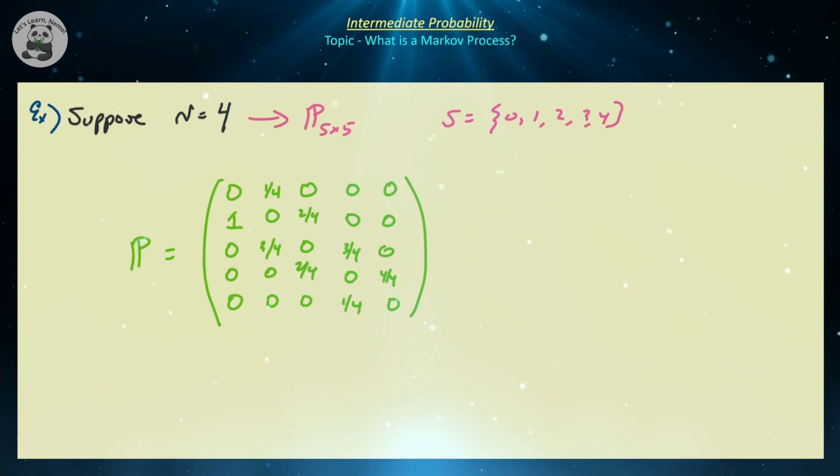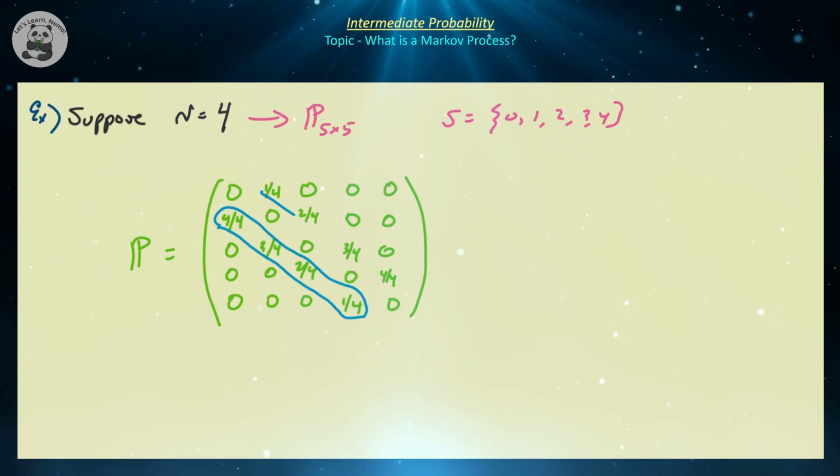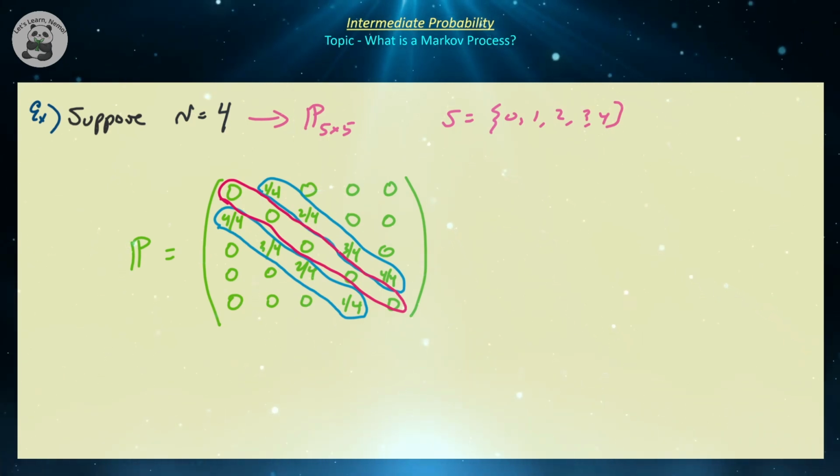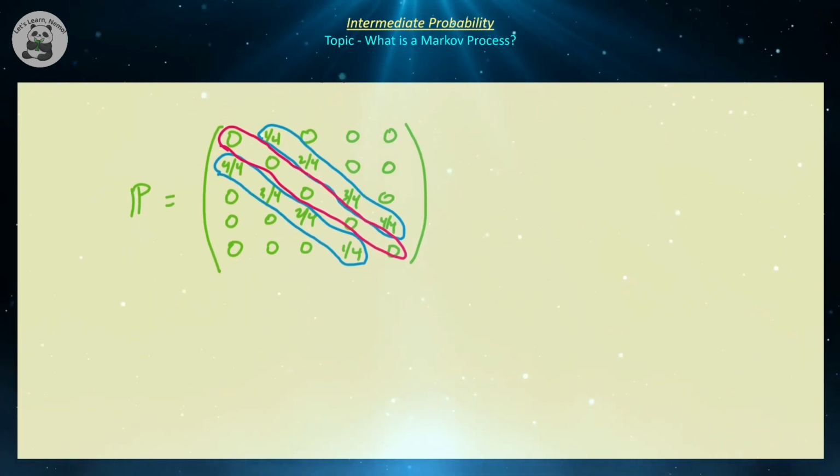I'm not reducing my fractions just in case you haven't seen the pattern quite yet. So technically that is 4 over 4. Okay, so what we have here is our tri-diagonal matrix. So there is our lower diagonal, there's our upper diagonal, and here we have our lonely diagonal of zeros, right? So this is sometimes what people call the Ehrenfest matrix of order 5, or you could also call it order 4, depends on what your focus is on. Right? So that is our stochastic or left stochastic matrix.